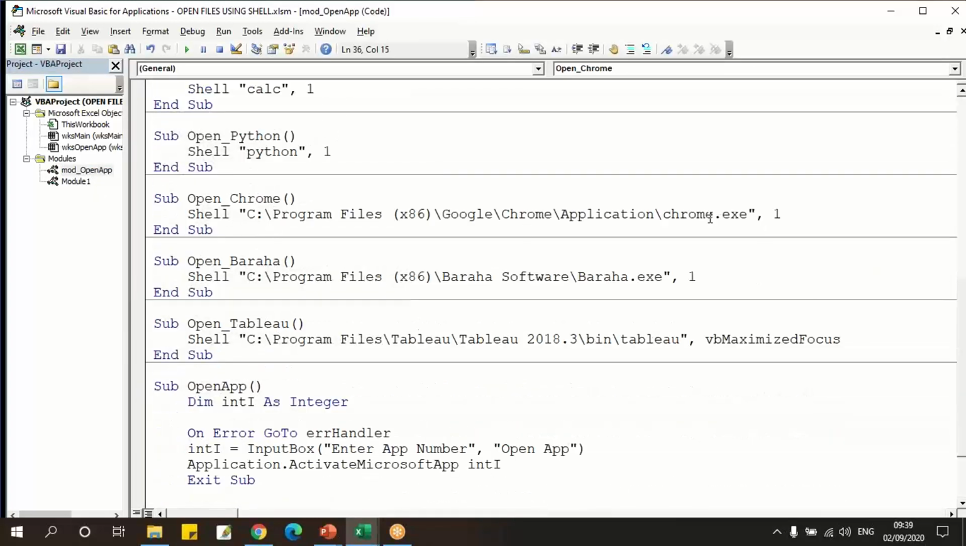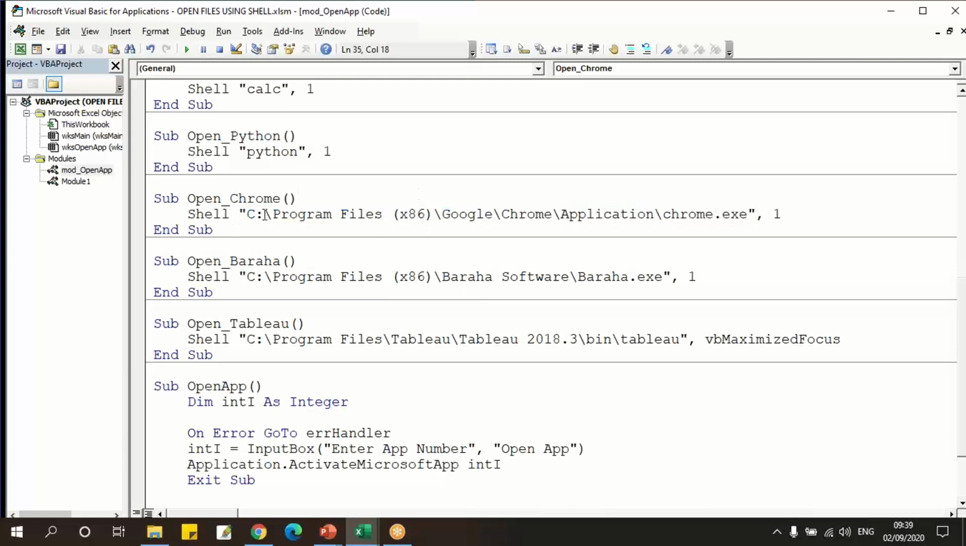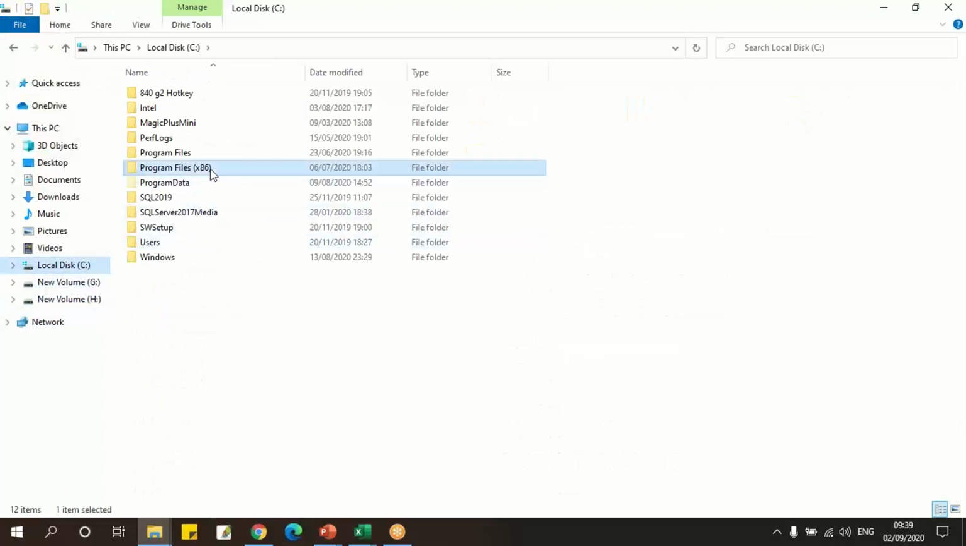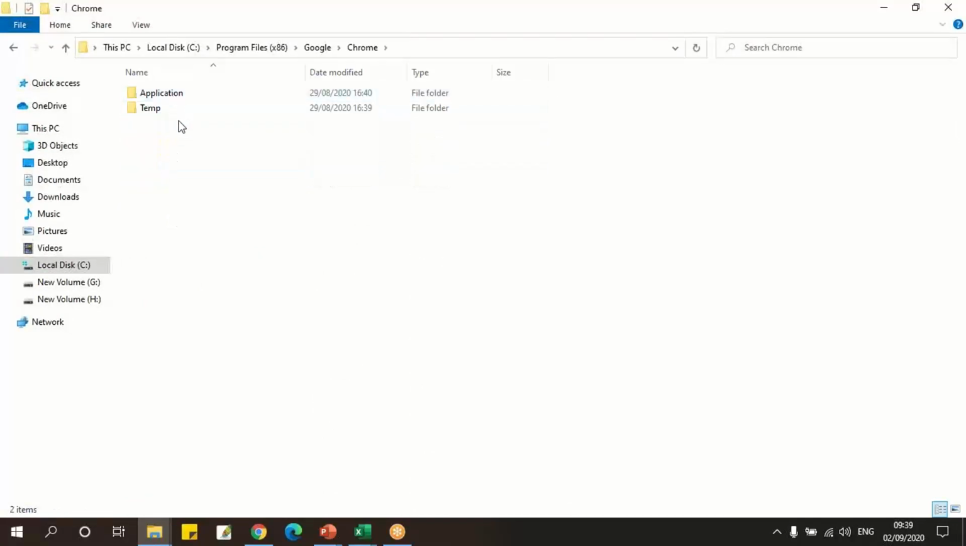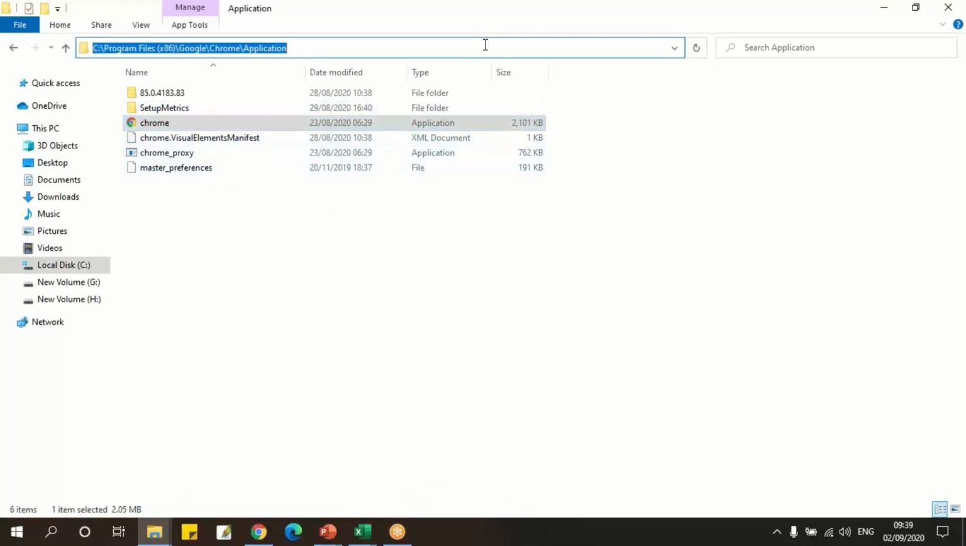Let's assume I want to open Chrome, that is the internet page. So you have to go and locate where the application is available. In my system, it is in Program Files, Google, Chrome application. So how to find this? Let's open the Explorer. We'll go to the C drive, then Program Files, and then we have this Google. Go to this Chrome application. Here I can see the exe file. It says application. Now I'll take this path,